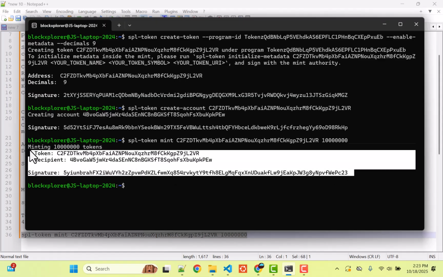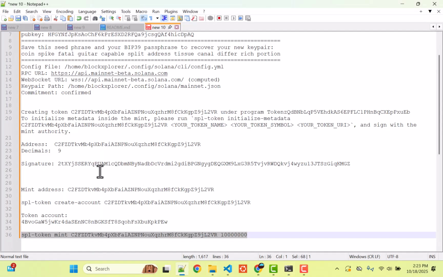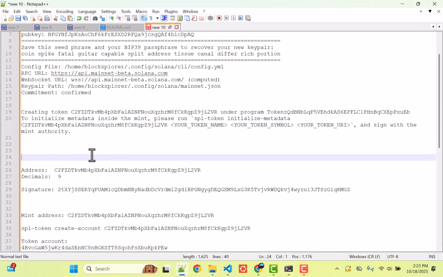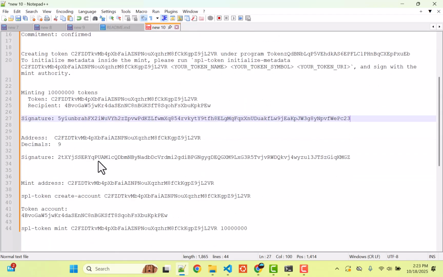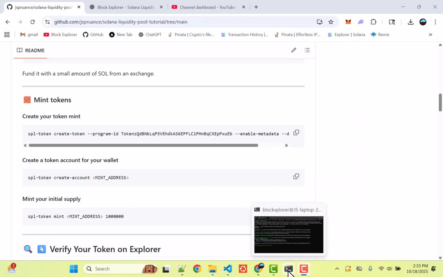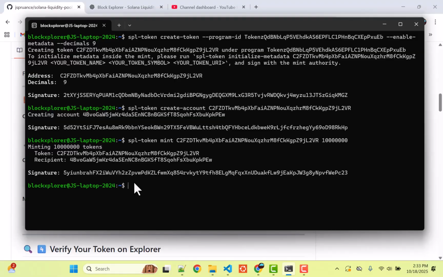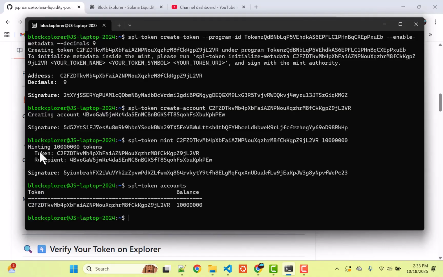Okay, and then again, I'm just going to save this data and sort of dump it into Notepad for now. I'll organize this a little bit better later, but just so we have everything saved here. Go ahead and save that file. All right, so let's go ahead and quickly verify that our token exists and that the correct amount has been transferred to our wallet, which should happen automatically. So we can do spl-token accounts, and that should give us our token and the balance in our wallet,